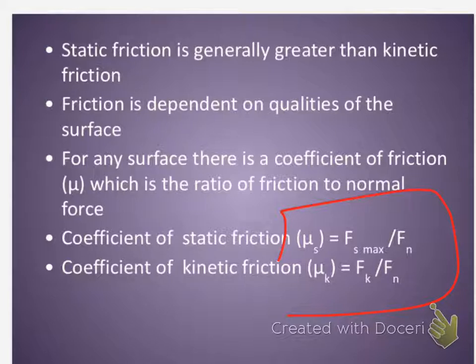And so for any pair of surfaces, we have what we call the coefficient of friction. There's a coefficient of static friction, there's a coefficient of kinetic friction. And they're just a ratio of the maximum static friction to the normal force, in the case of the coefficient of static friction, and it's the ratio of kinetic friction to normal force in the case of the coefficient of kinetic friction. So that's mu sub s and mu sub k. Mu, mu, because the little u got its tail caught. That's how you remember it.